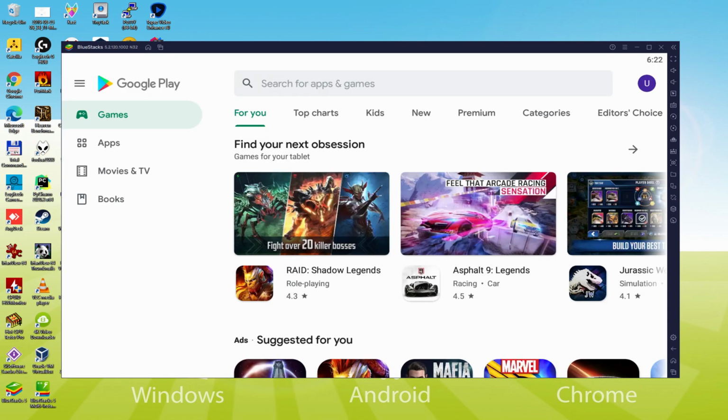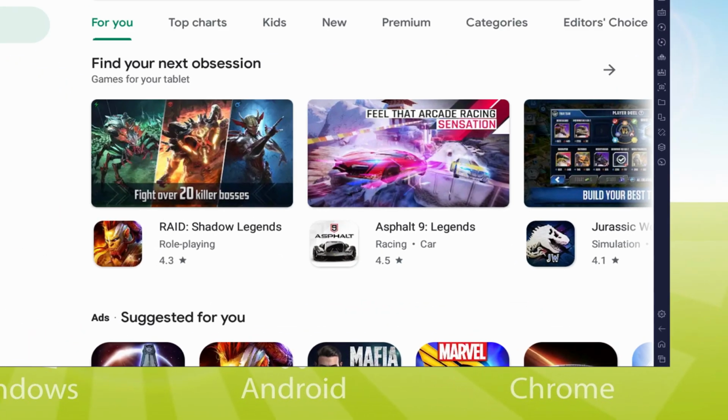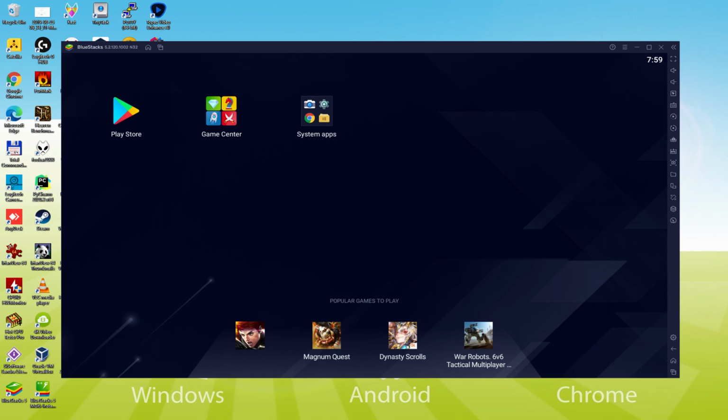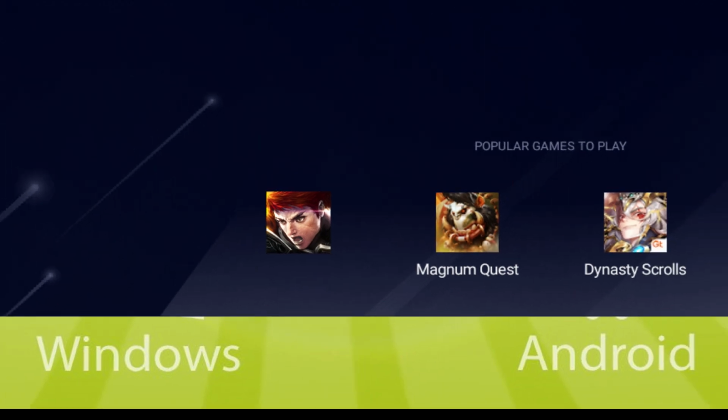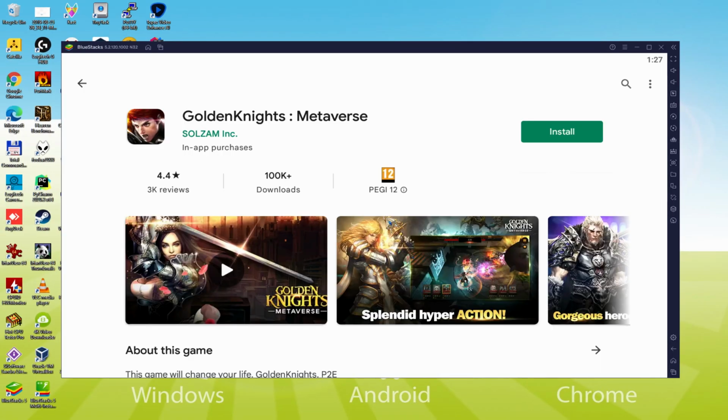To set up the game, we have to get to the emulator desktop by clicking on that app icon marked green colored. Now that we are on the desktop of the emulator for Android, we observe that we have here the Install App Game button. We click on that button. Right here we have the game. Let's simply click here on the Install button that I'm highlighting now in green.